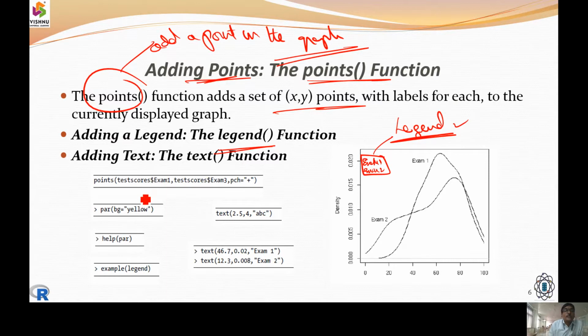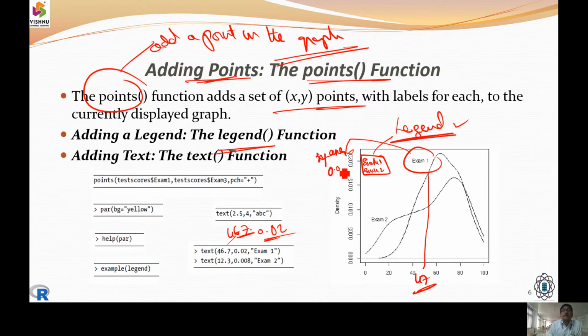So now here is the thing: the text exam 1 should come at 46.7 and 0.02. So that's how you are putting it. It is some y-axis, and it is around 47.